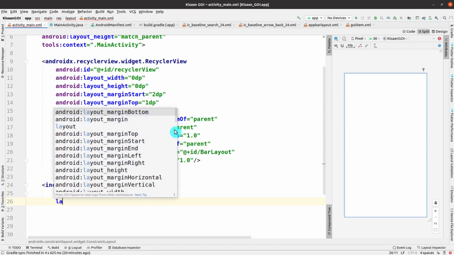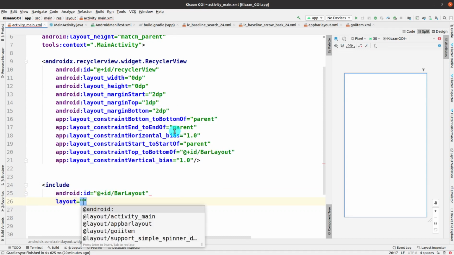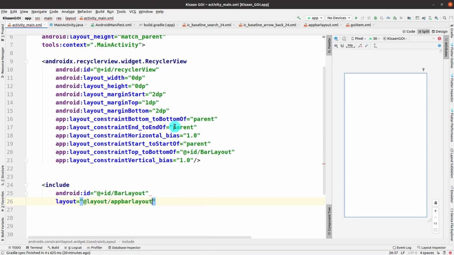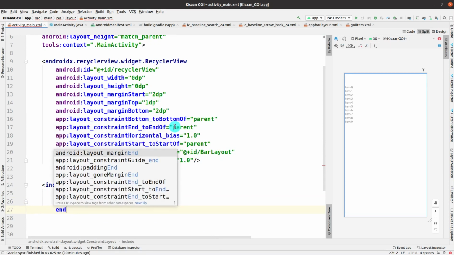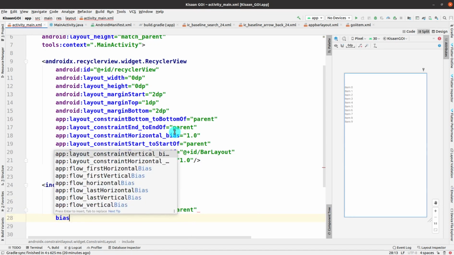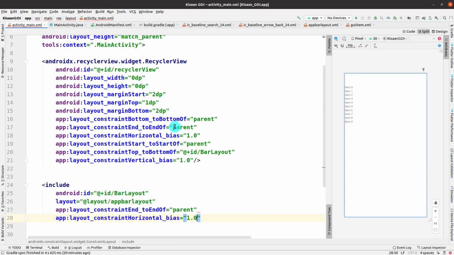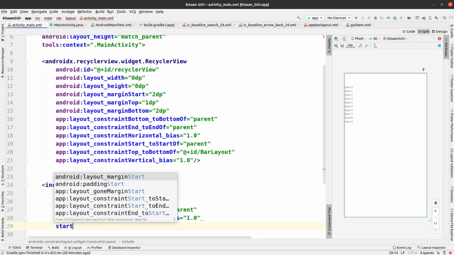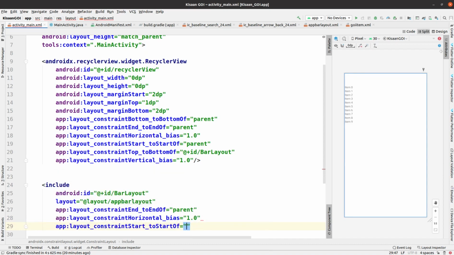After this recycler view we are going to include something. It must have some ID, like bar layout, and then we are going to reference that layout which we are going to add here, like the layout app bar layout that we made previously. Now the properties required for the parent constraint layout with horizontal bias as 1.0.